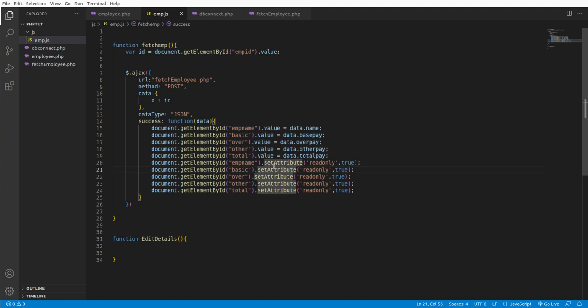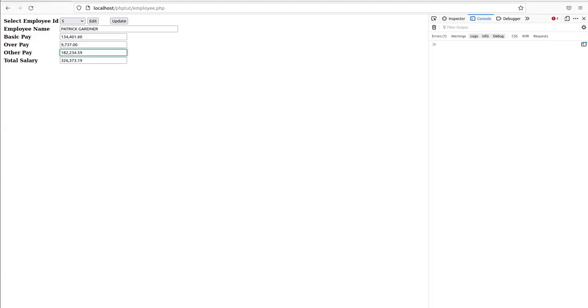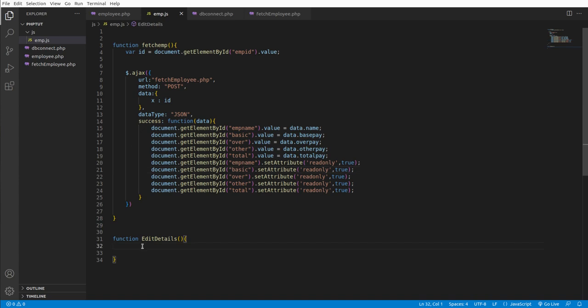In the previous session we had added the property read only, so we'll use the function remove attribute. Okay, we are going to edit only these fields. Let's consider basic pay, overtime pay, and other pay. So let's make those changes. It's document dot getElementById. What we have over here is basic, overtime, and other. So ID is basic,